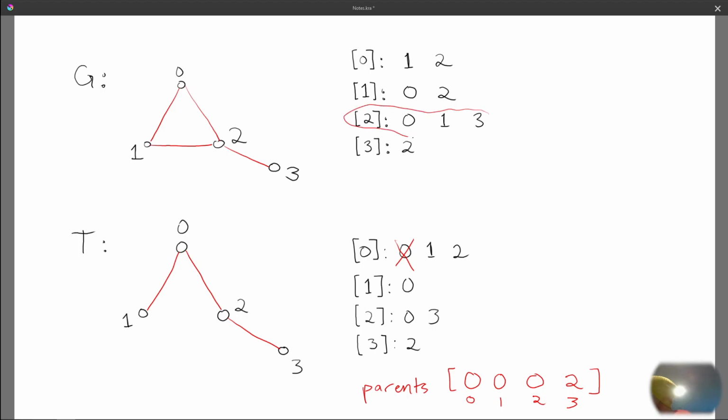So linked list for 2, I could be much more brief with it. You can tell right away just by looking at the linked list that you've got node 0 already processed, it's been visited, node 1, it's already been processed, and then the only one that hasn't been visited yet is node 3. So you know, while we're processing node 2,